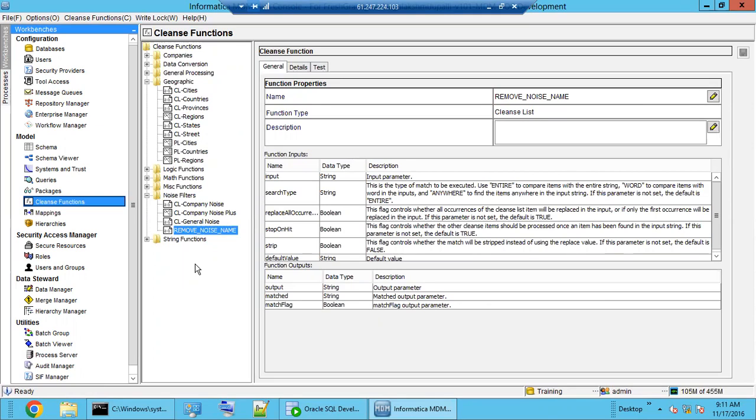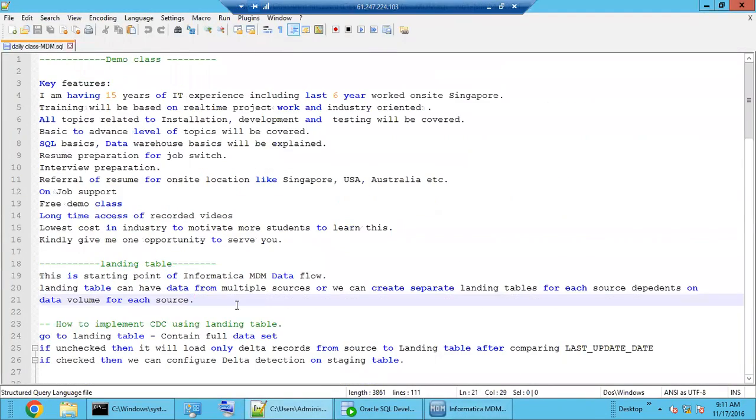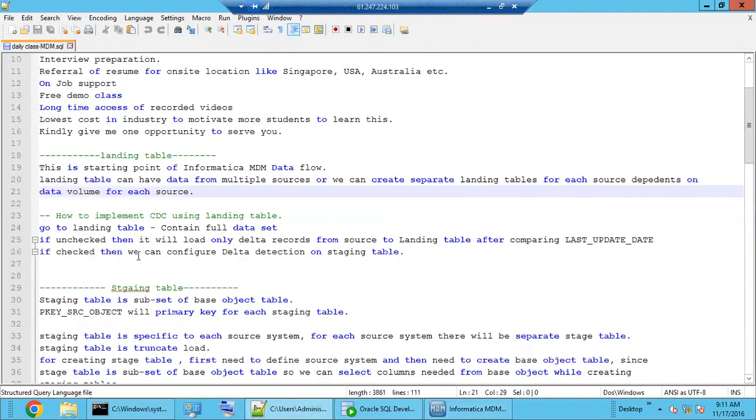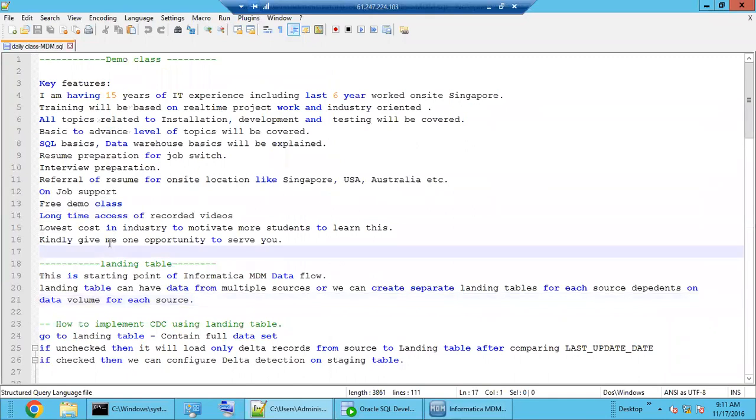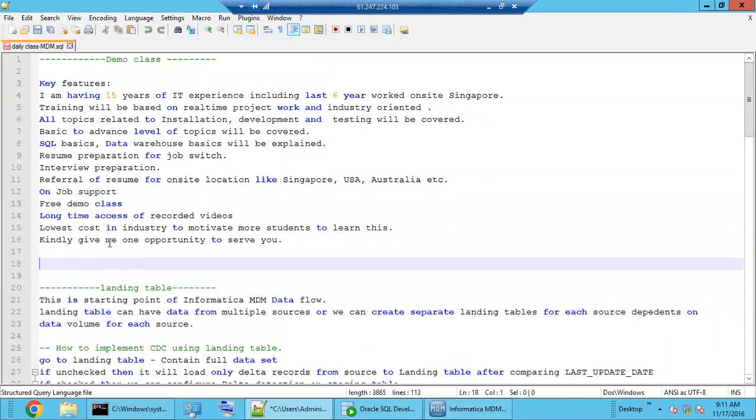So before that, I want to start the load process. Let me let you know what is load process. As we know that landing table is the starting point of MDM. Then we will have a stage table. So in between this landing and a stage,